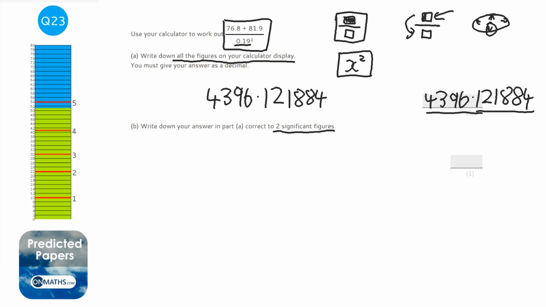Now to do two significant figures, we start counting at the start of the number. So I'm going to do a red line where you need to start counting. And you just count 1, 2 numbers. So the blue line is where I've stopped counting. Now all of these numbers here are going to be reset to 0. They're going to go away. Well, not quite. Let's come to that later.